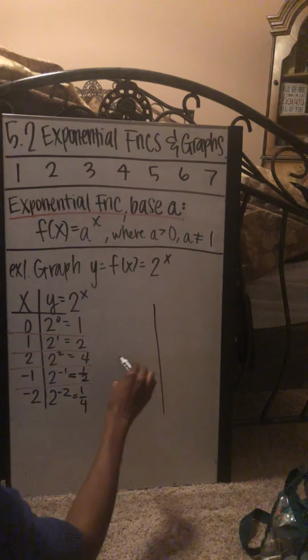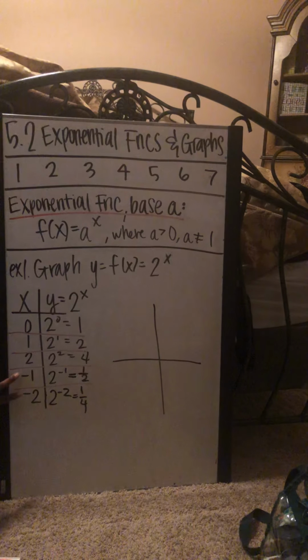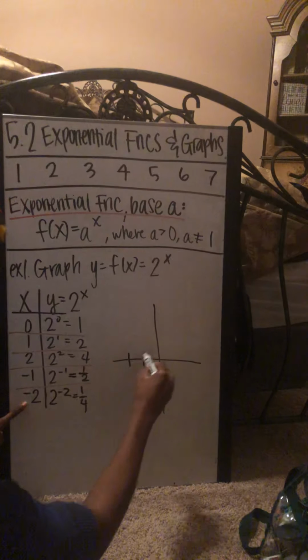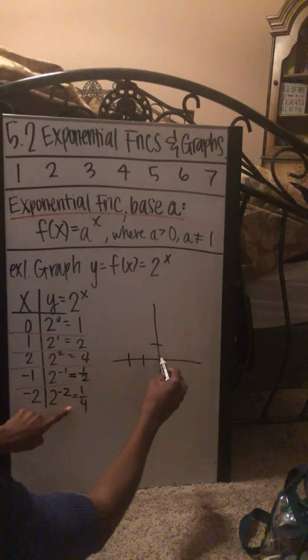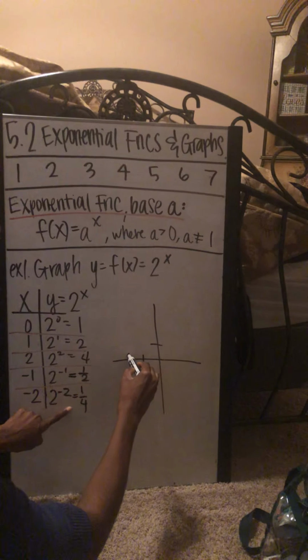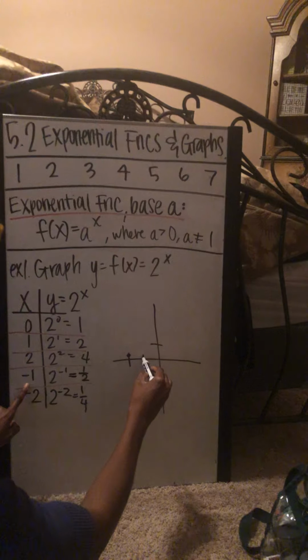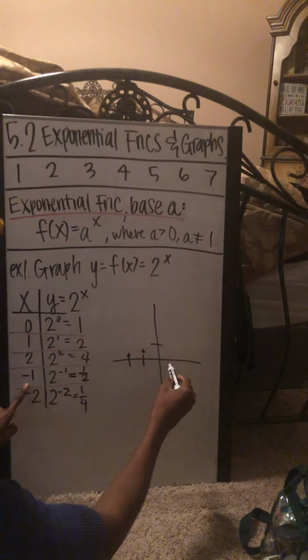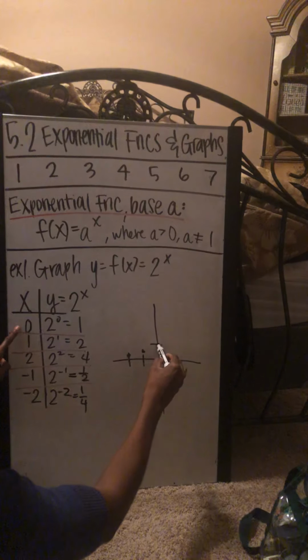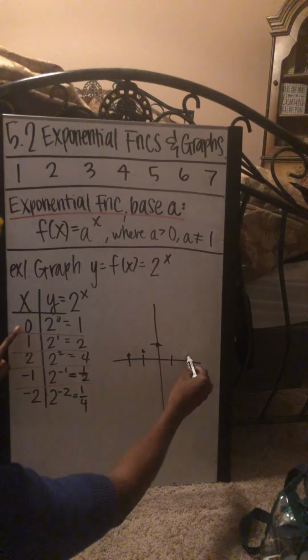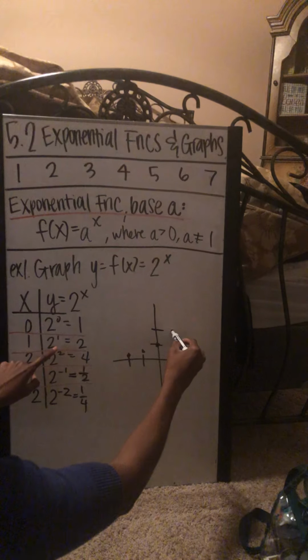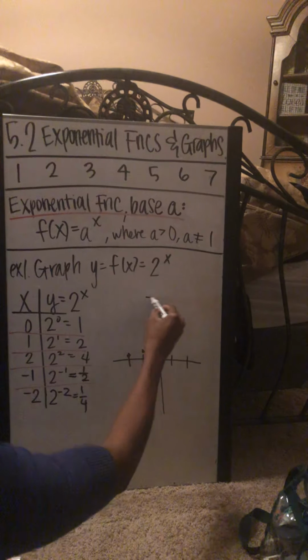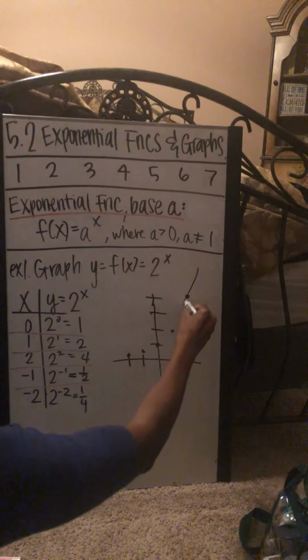And then we graph these. I really wish I would have put those up at the front now, so I'm going to do this one first, okay? So -2, 1/4 would be like here. -1, 1/2 would be like here. Then 0, 1 would be here. And then 1, 2 would be here. And then 2, 4 would be here. So this is what the graph